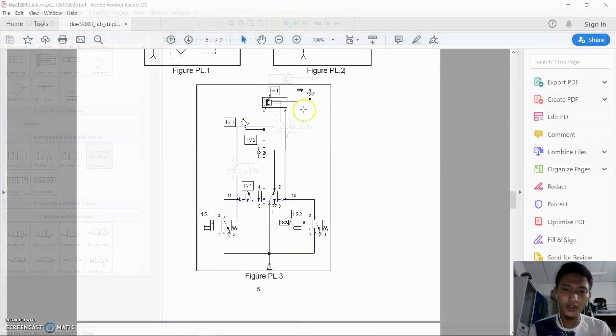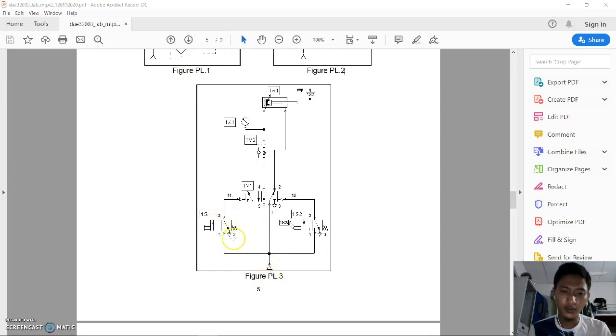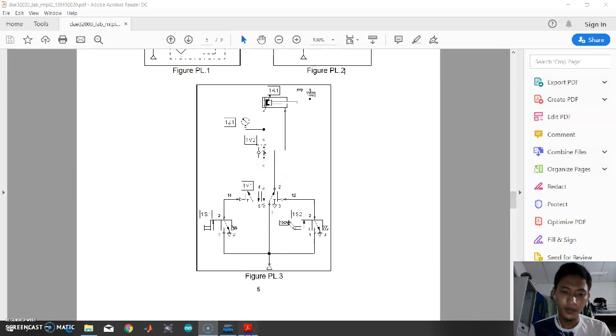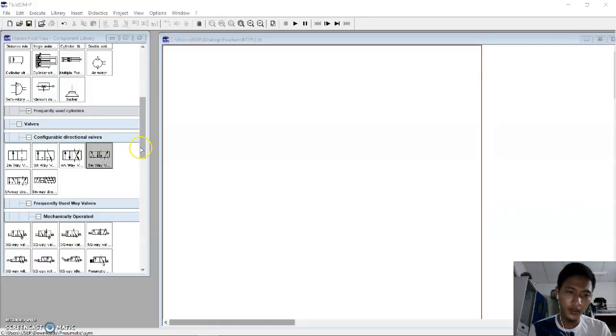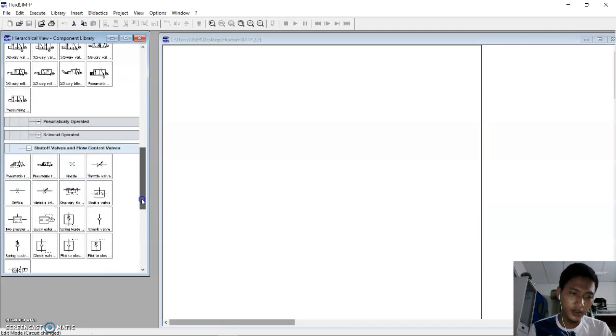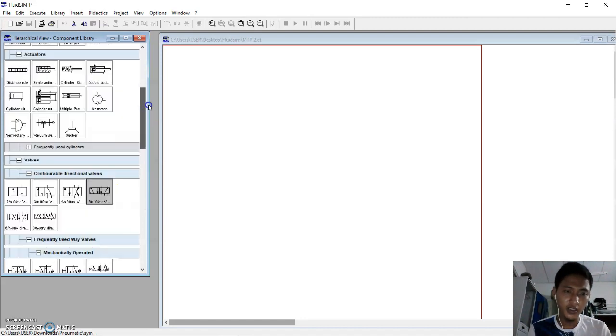Okay, now we go to the circuit 3, figure PL.3. So we can see we use a compressor, 2 3-way valves and 1 5-way valve. We use one flow control valve, and we use a manometer and a double action cylinder.